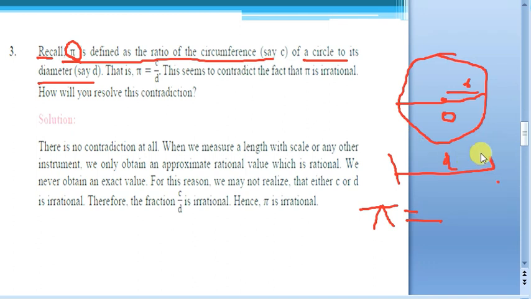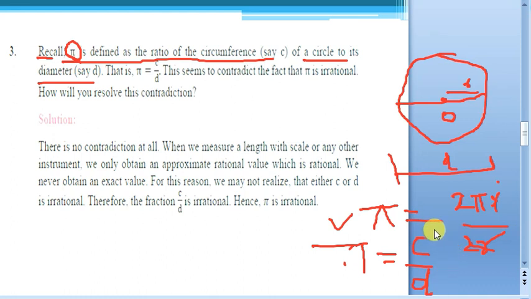Now the definition of pi is the ratio of circumference to diameter. So you will have the circumference, right? What is the circumference? 2 pi r, that is the general notation you are using. 2 pi r by the diameter. Diameter is what? 2r. So 2r cancels. That is how we are getting pi. So that is the basic definition of pi: pi is defined as the ratio of circumference to the diameter.